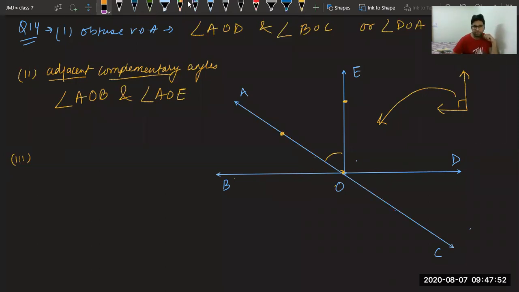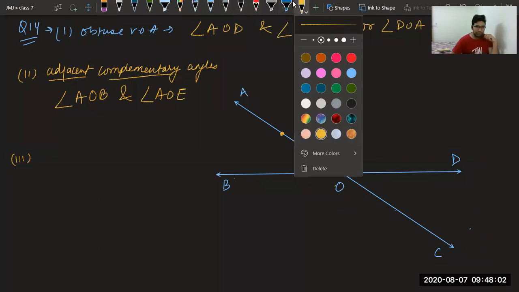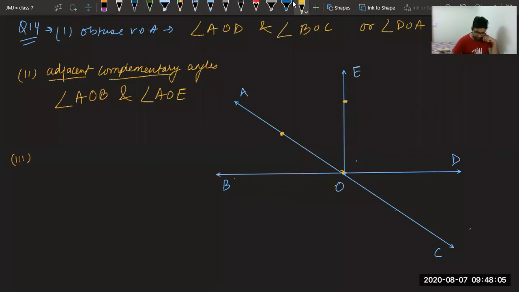Okay, let us take the third part now. Let me take a yellow pen. Third part is equal supplementary angles. Please answer, equal supplementary angles. So two angles are equal and supplementary means both should be how much? Both should be 90 degrees, because we have studied in question number 4 and 5 that if both are 90 degrees, then only they are equal supplementary.